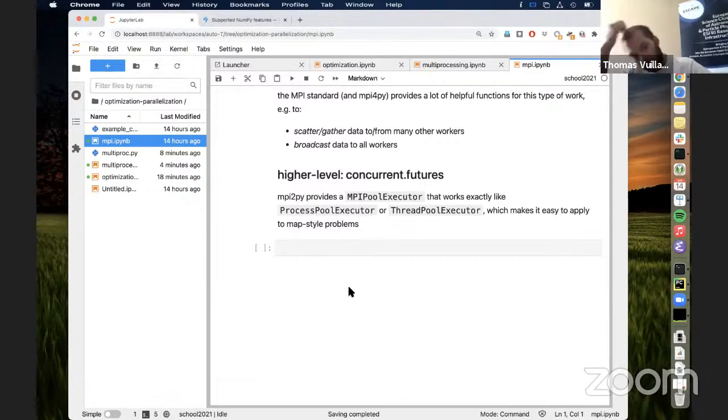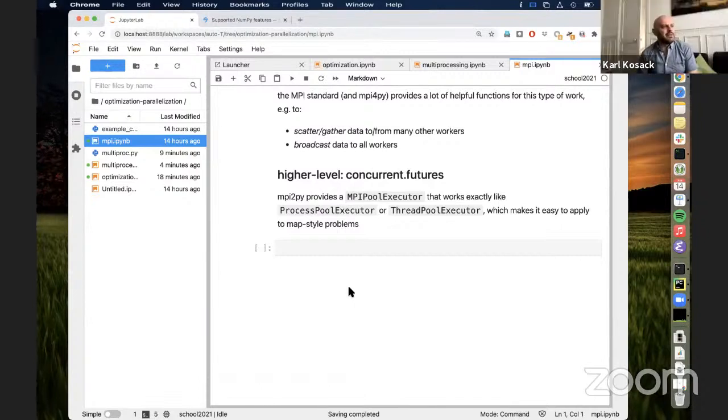Okay, thanks. And maybe a more specific question, which relates to the MPI you showed at the end. How does concurrent.futures compare with joblib.Parallel? I don't know, actually. I haven't used joblib myself. I know it's used in scikit-learn a lot, and I think it's just a wrapper. Actually, I don't know. Does joblib parallelize onto multiple machines as well?